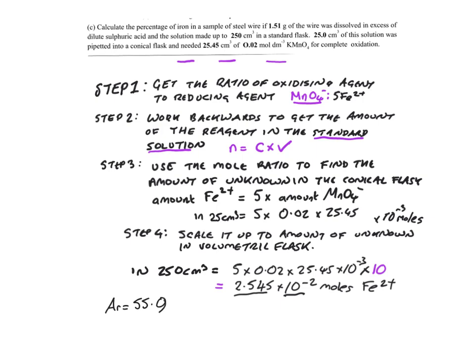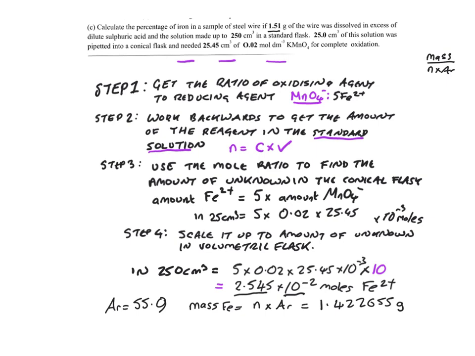So therefore, if we know the moles and we've got the relative atomic mass, we know that the mass of iron in the wire is equal to the amount times the relative atomic mass, and that is equal to 1.422655. I'm not going to round down just at this point, and we were told that the mass of the impure steel wire was 1.51 grams, and the mass of iron that's present in there is this,